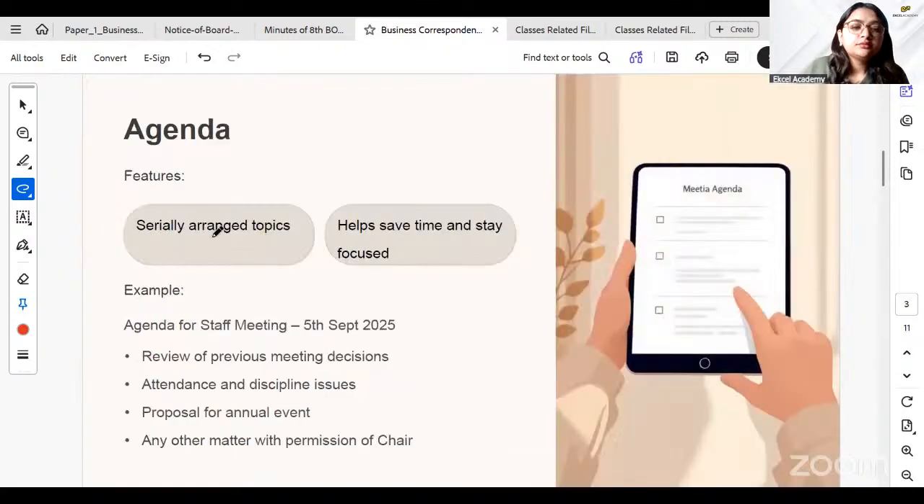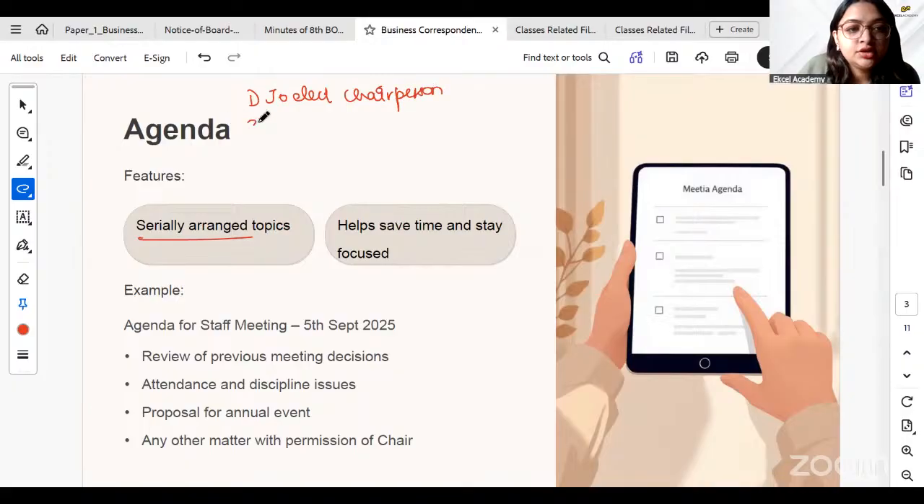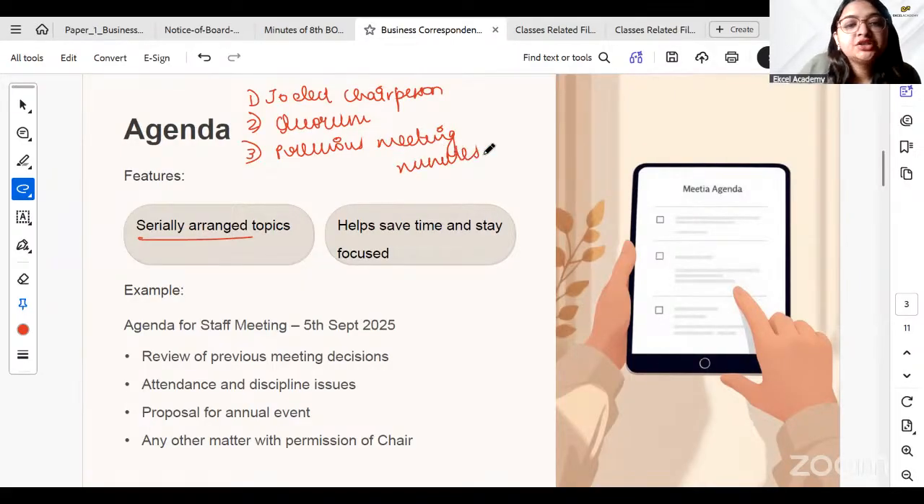All right. So you have serially arranged topics. So your meeting usually starts with the first one, say, to elect your chairperson. Okay, then to check your quorum. What is quorum? Whether you have sufficient number of members. Okay, then confirm the previous meeting minutes. Okay, so these are certain standard agenda items that you include in every meeting,